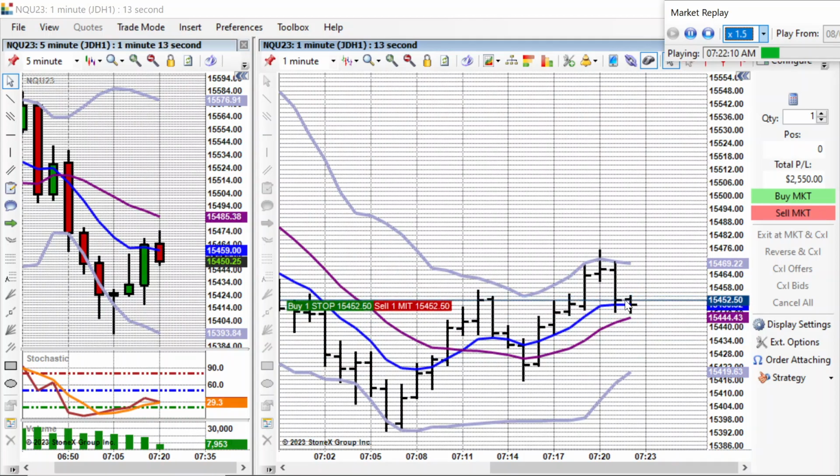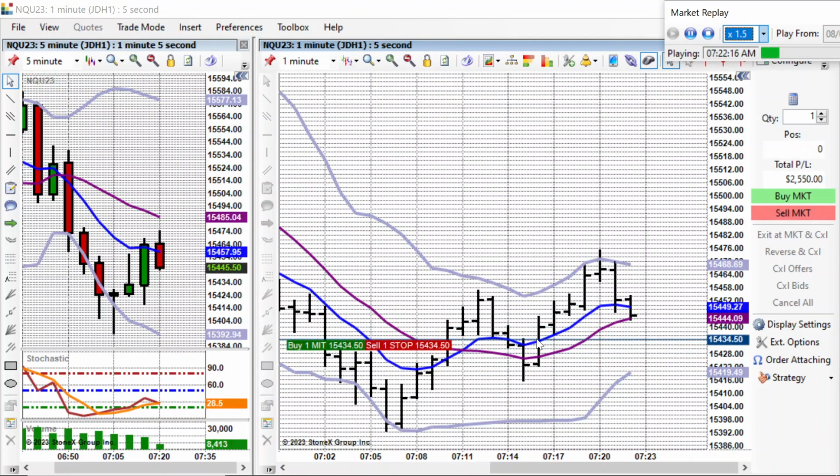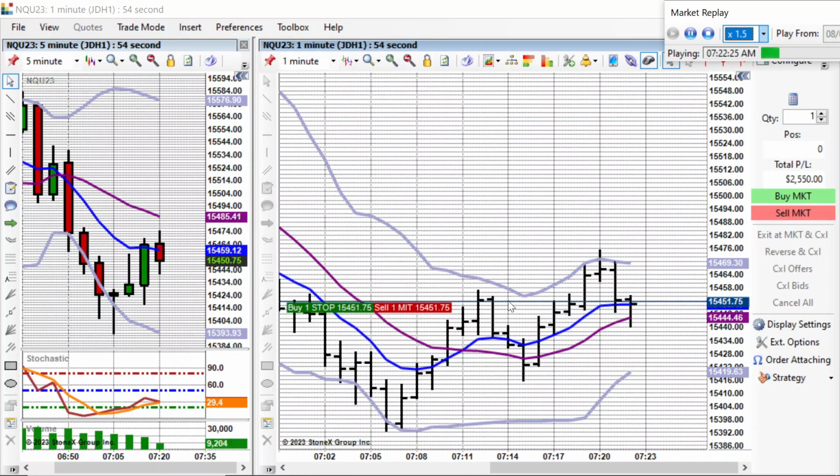And so these things are keeping me from going long again because you saw how painful that is, getting the timing wrong. So these signals are very important, and I'm aware of what I'm doing on the 5 minute chart, which is why this is such a great tool to have. Because it gives me the bigger picture. I see I'm trying to rebound off that 5 minute ADMA line, and we've got a downward stochastic trying to cross that orange line back to the downside, so that's not a good signal, but